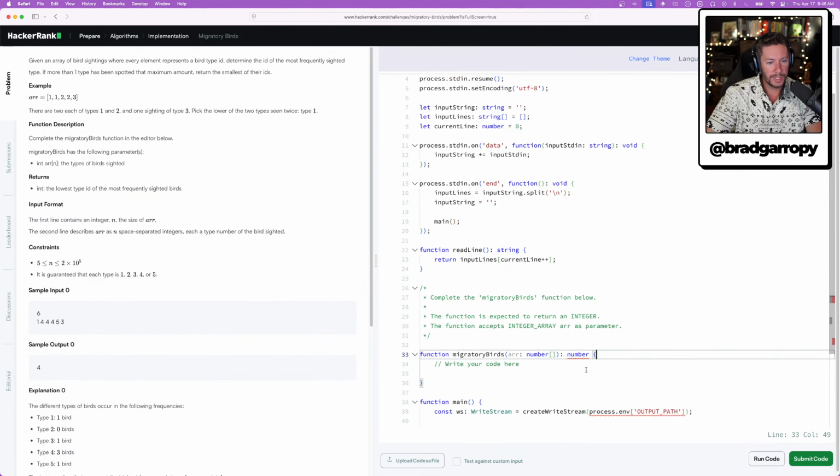I'm going to do this and then we can find a more optimal solution. So the way I like to do it is I use a hash or a map rather, and we store the ID and then its frequency. So const frequency is going to equal new Map,